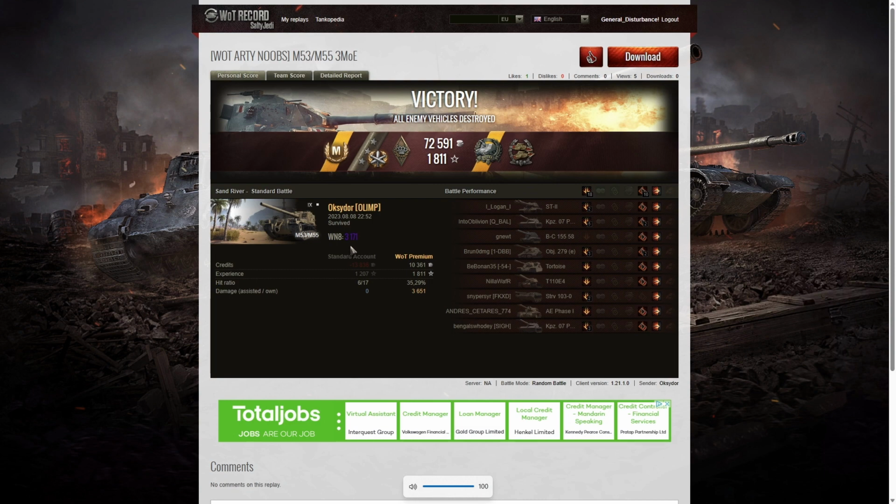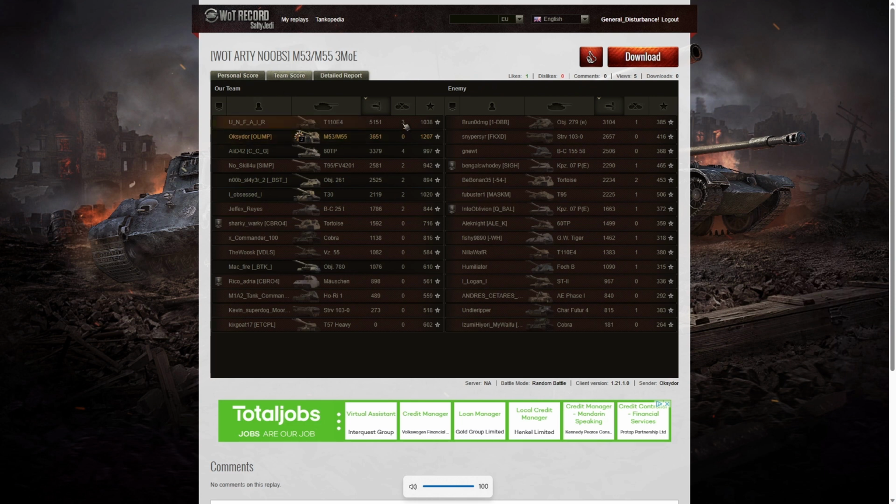His win rate from that game, 3,171, which is Super Unicum standard. Let's have a look at the team scores and see where he managed to come. Well, he didn't get the highest damage because that actually went to the T110E4 on our team, who got 5,151 hit points, but he didn't get the High Caliber in that game, and he didn't survive the battle either. Second highest damage went to Oksydor with 3,651 hit points, and third highest damage went to the 60TP on our team, who got